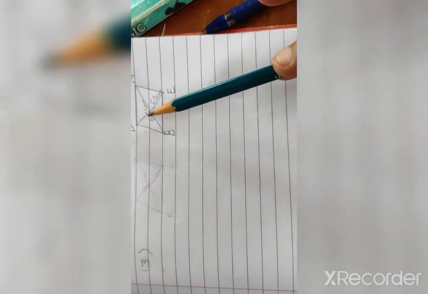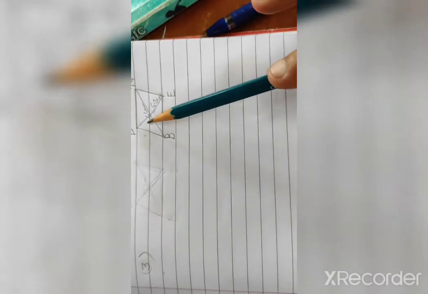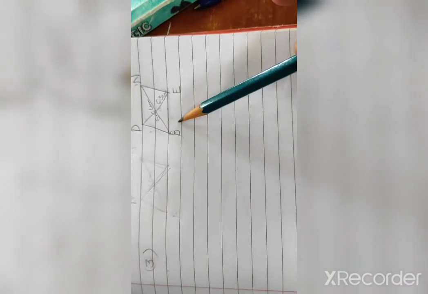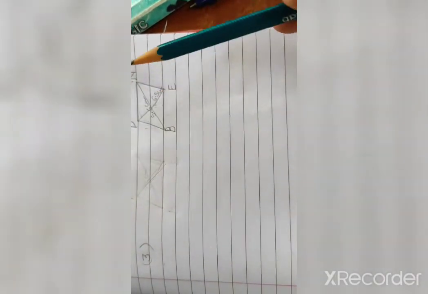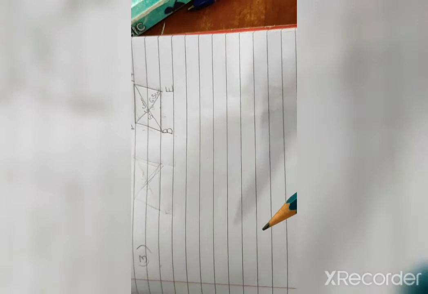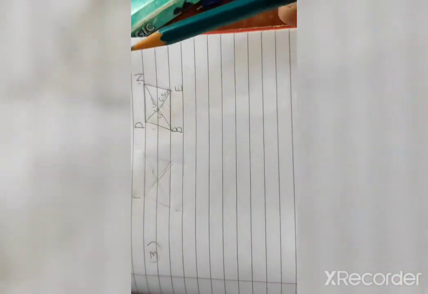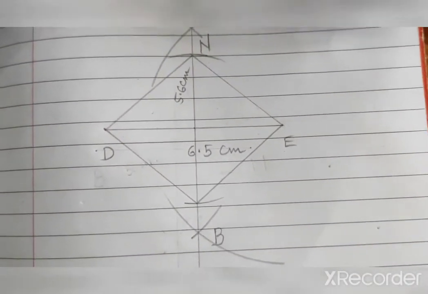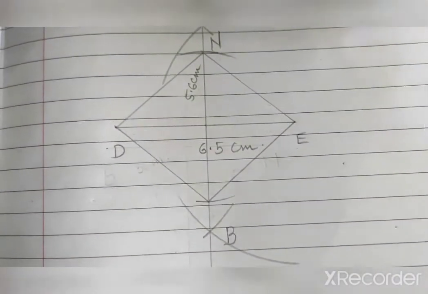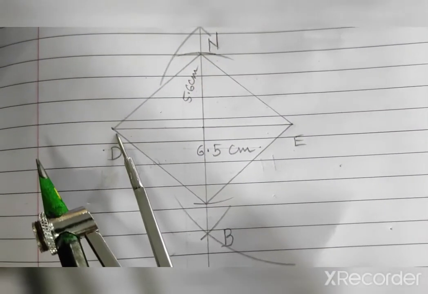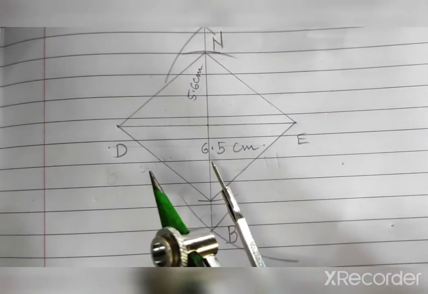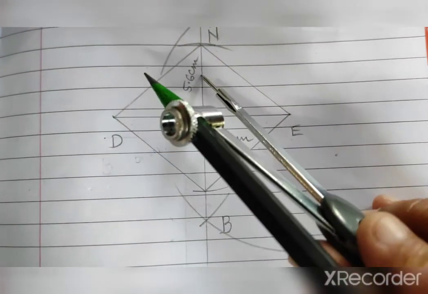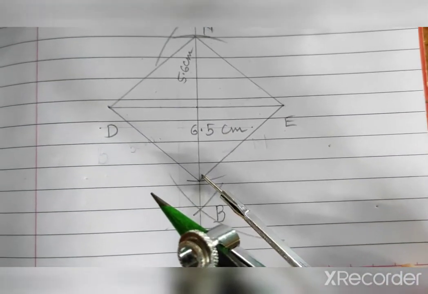So that property we will use. What we will do is first draw any diagonal, 5.6 or 6.5, and draw its perpendicular bisector, and then we will get the intersecting point, and then we will get the rhombus. Okay, so let us start. So first we will draw a diagonal. Why 6.5 centimeter? Why first this measurement, why have I not taken 5.6? I will tell you later on.